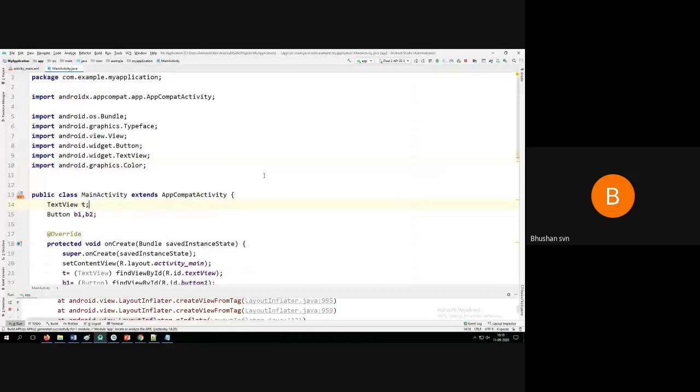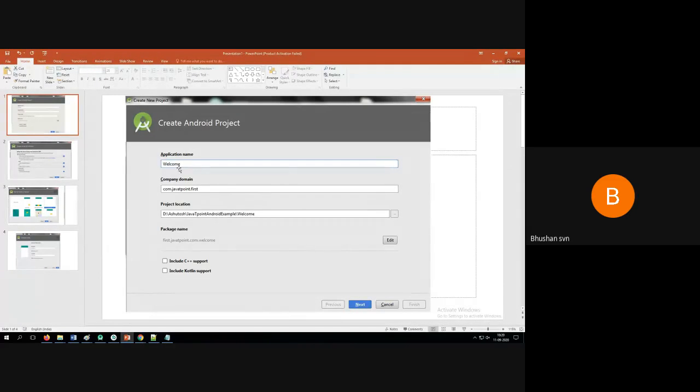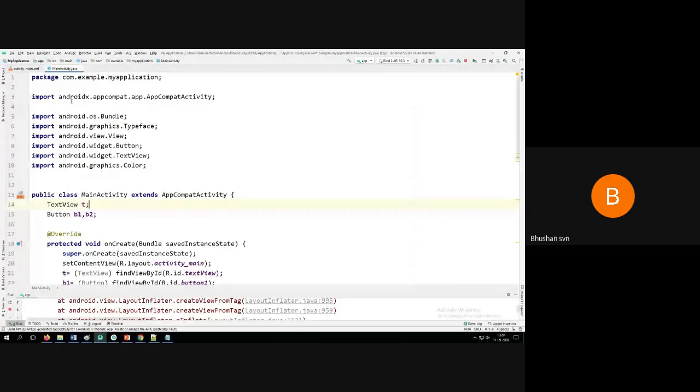Okay, fine. Now, once you start this, this first row is package com.example.myapplication. Once you start creating the first project, whatever name I give in the application name is going to come in this specific place, and it will showcase by default this file. Row number 1 and row number 3 will come automatically.